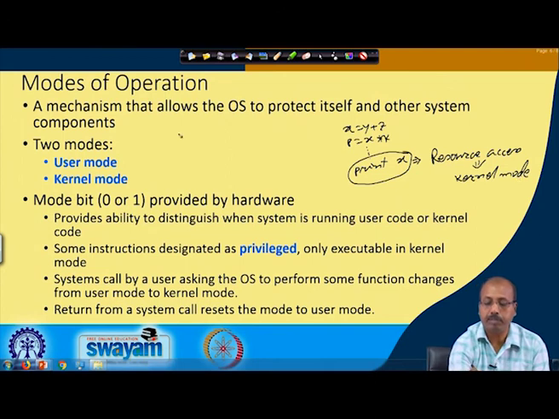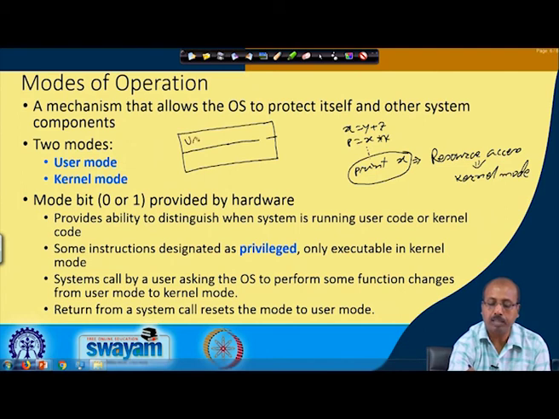Conceptually, you can view the entire operating system as divided into two parts: the user part and the kernel part. When a program is running normally, doing computations, it runs in the user mode. As soon as it needs a system resource for its further execution,